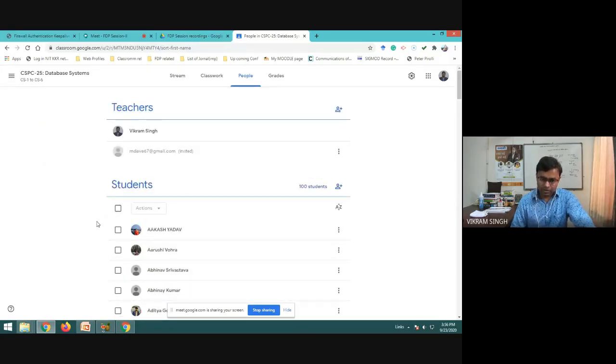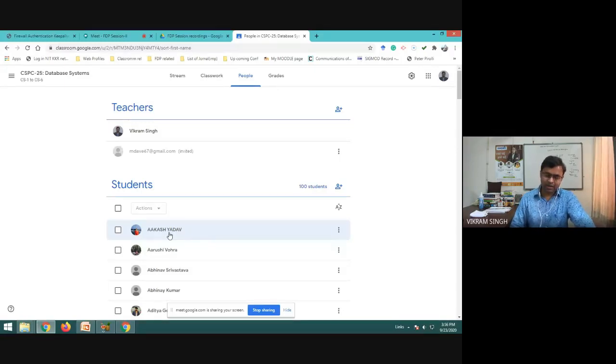Within that, naturally, we have this option to see whether all our students are enrolled or not, right? One question that primarily occurs to each and every teacher is: how do I know that this student is of my class and what is his roll number? For that, we cannot do anything on Google Classroom because this information about the student is retrieved from his Google account profile.